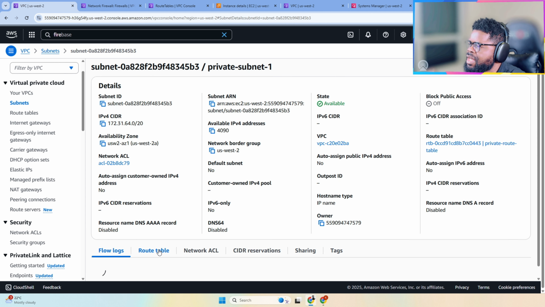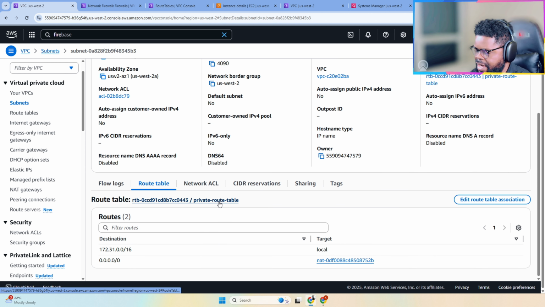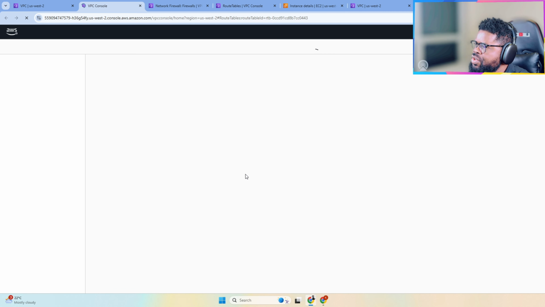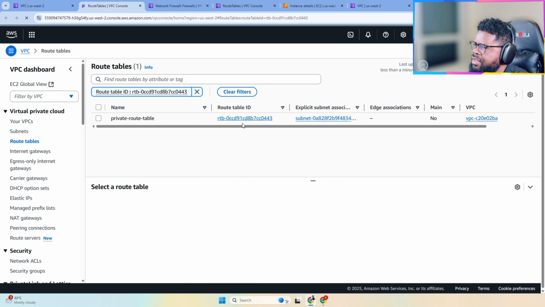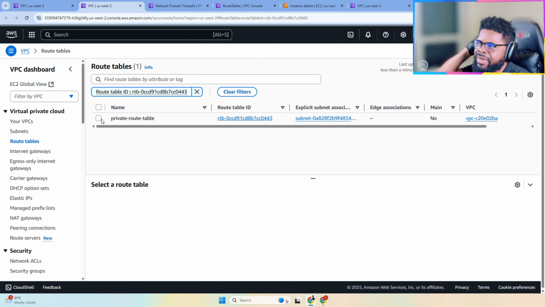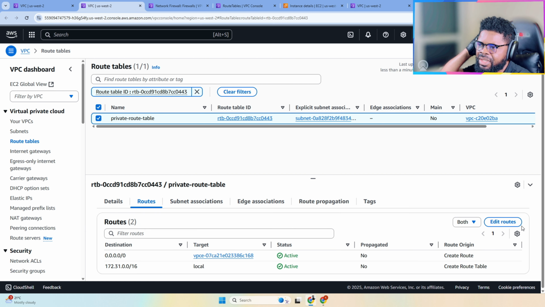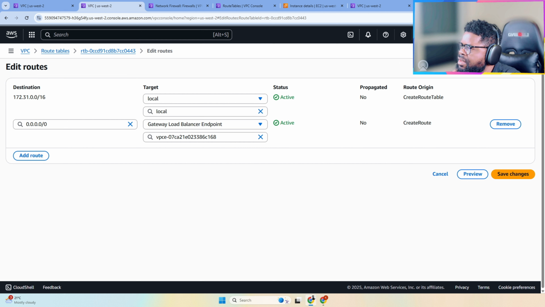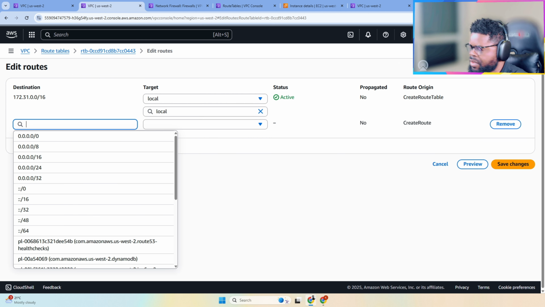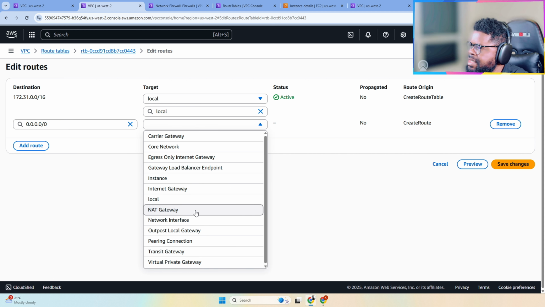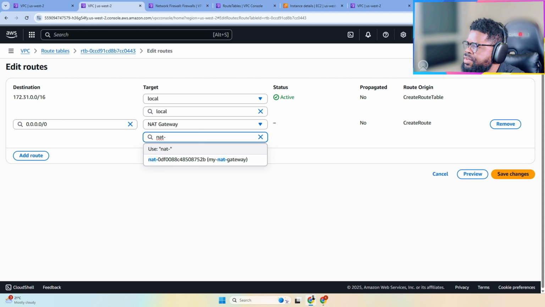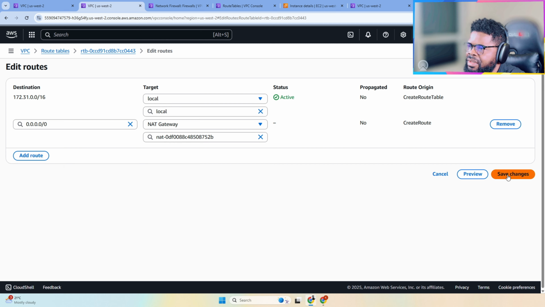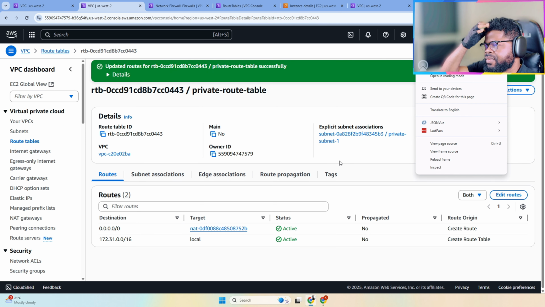So what I'm going to do is go to the route table. So it's using the private route table. This private route table, I'll go to the routes, I'll edit the routes, and I will just remove these for now and say if you're going 0.0.0.0/0, use the NAT gateway. So let's see something. So it uses the NAT gateway, and then let's save the changes, right? So it has saved,